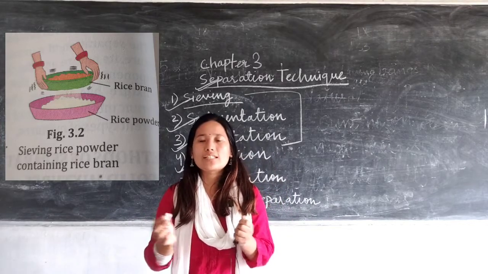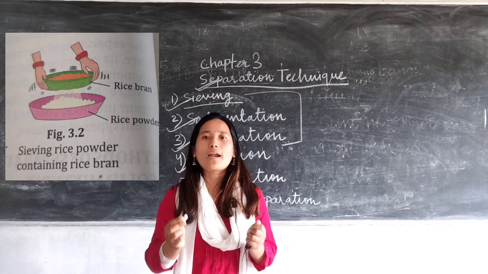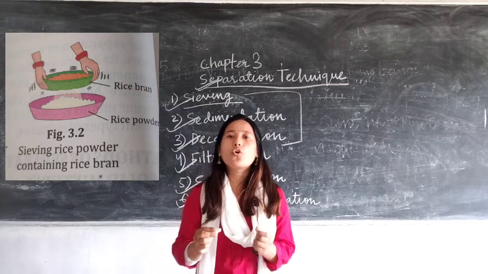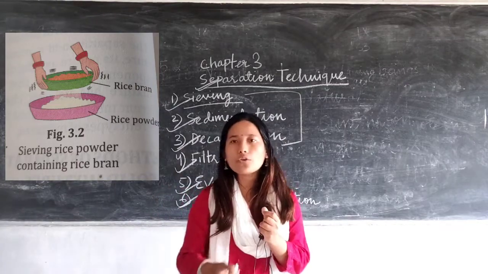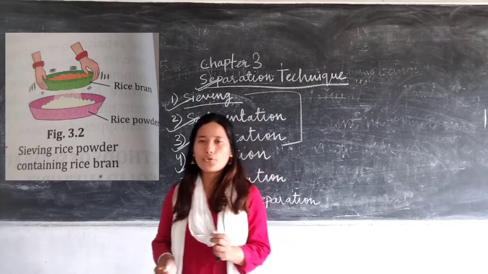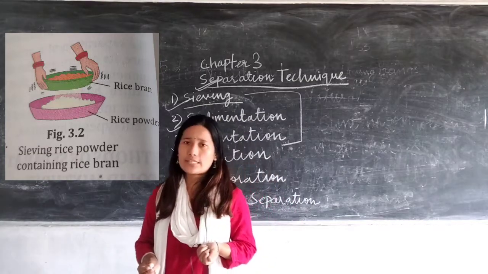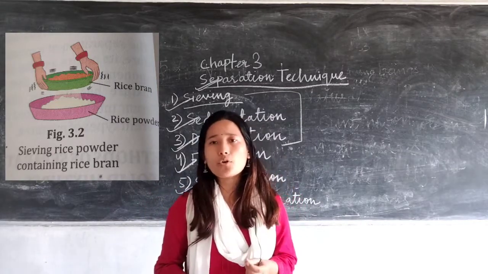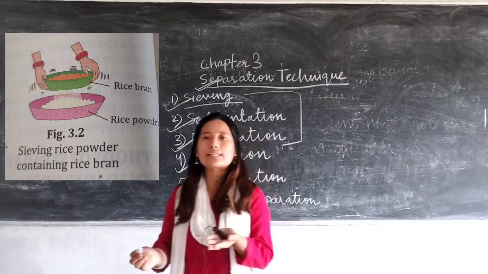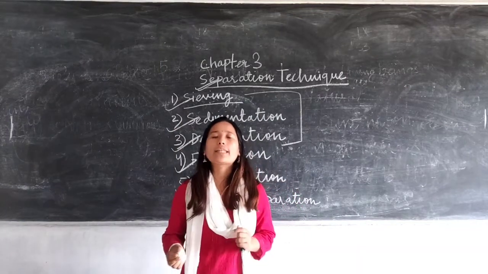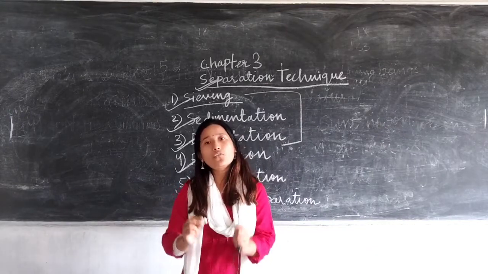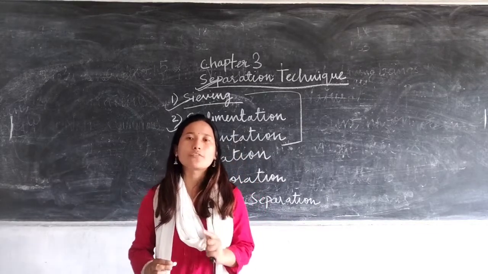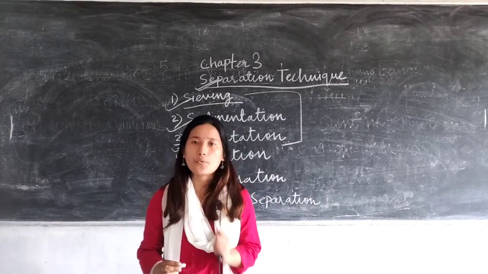When she starts sieving, since the pore size of that sieve is very small, only the flour will be able to get out of the sieve. Whereas if you have impurities like stone or insects or any other impurities of a larger size than the pore size of the sieve, they will remain in the sieve. Only then your mom will knead the flour, because that flour will be devoid of any kind of impurities. So this is one of the simplest methods of separation.